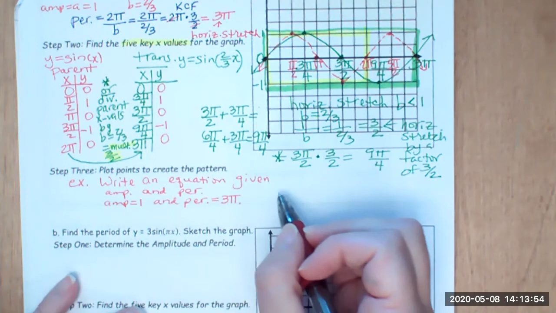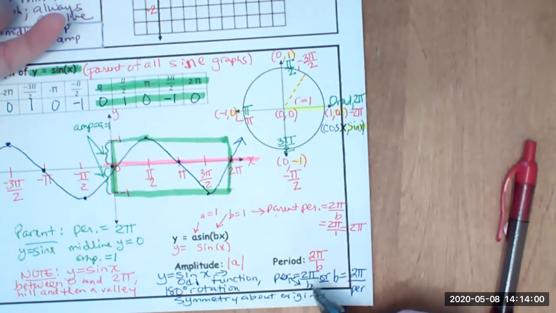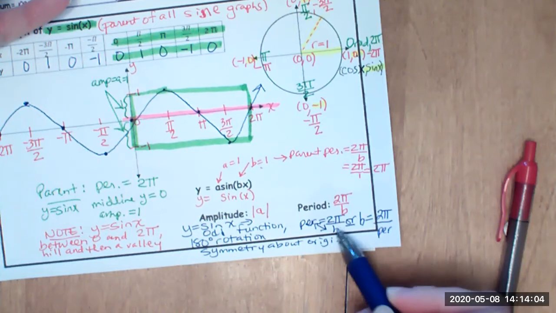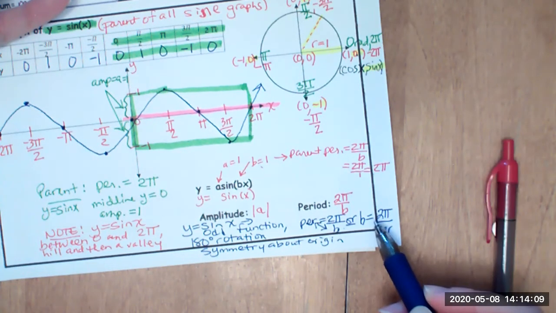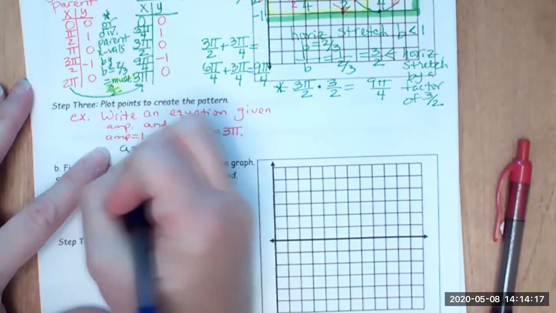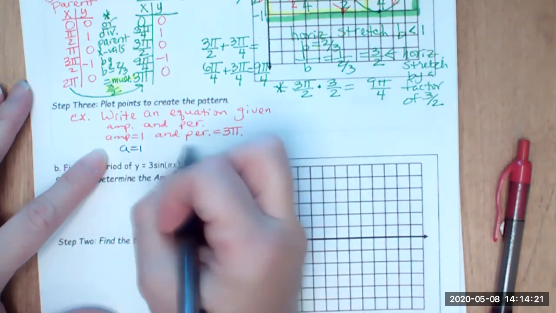So remember that what we had learned initially, if you go back to the first page of the notes, we remember that we can change up this formula, that period is equal to 2 pi over b, but I can interchange these values. And of course, we can instead say that b is equal to 2 pi over period. So amplitude equals 1 tells me that a equals 1. So I have that for my equation. But I also need b, because remember the formula here